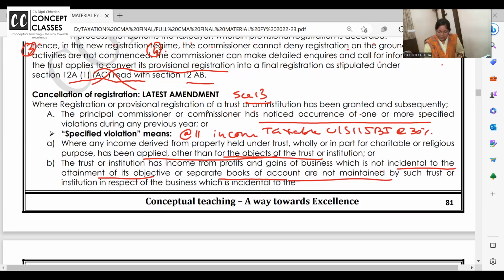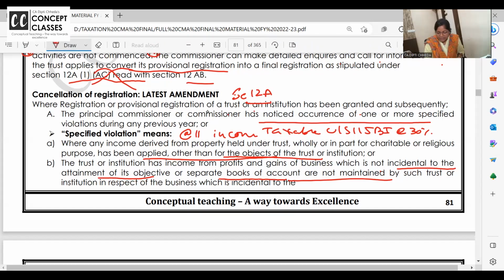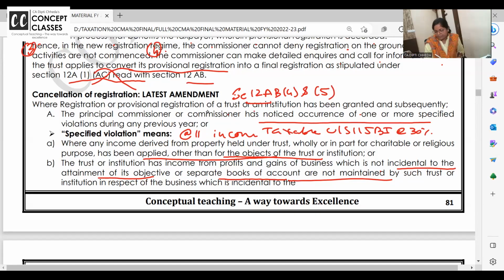Please change it. 13 next है. Really sorry. Section sometimes even I am missing out. Sorry for giving you the wrong one. This is section 12AB 4 and 5. 12AB for registration, and that only cancellation is added.